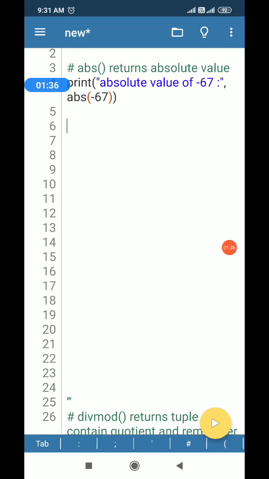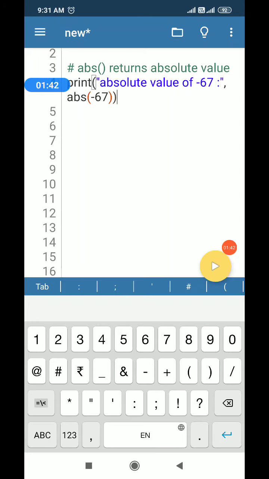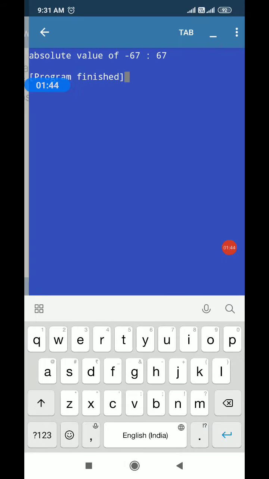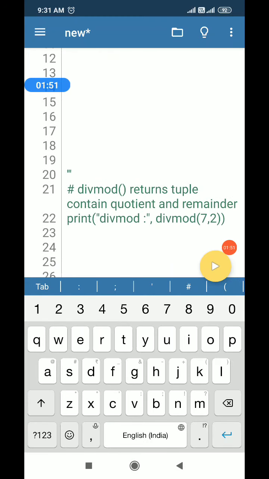Coming to the next function, the next function is the divmod function.